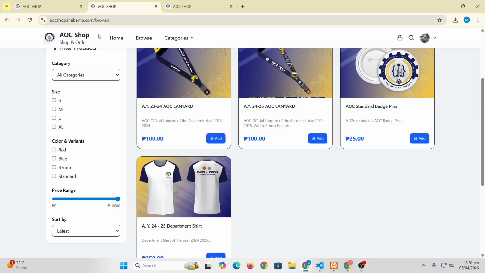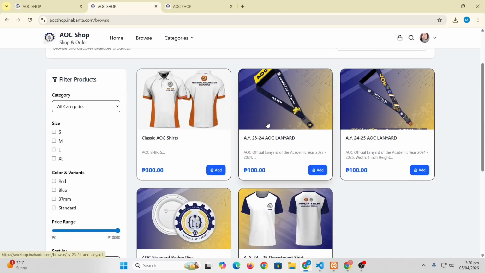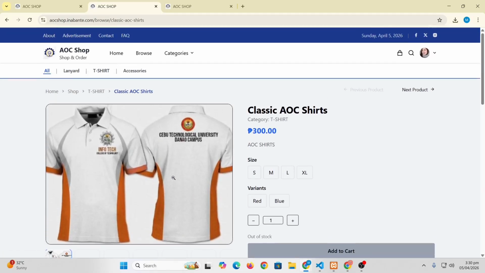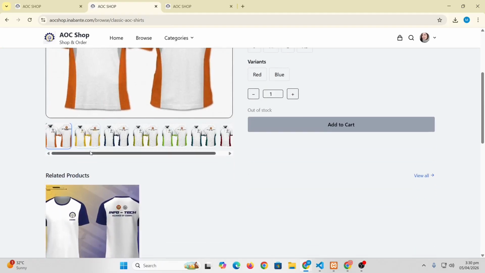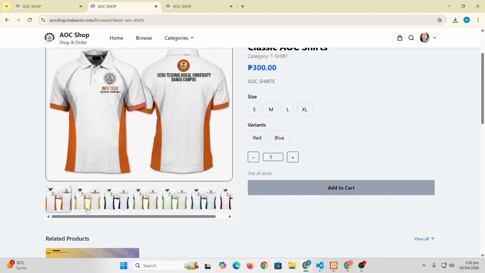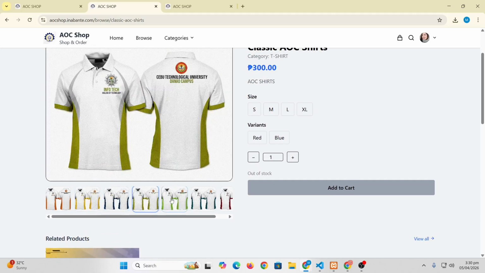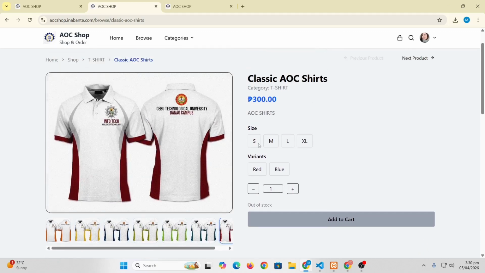Now in our online shop, if we go to browse, we have the classic AOC shirts. If we check that one, you have a scroll bar because our gallery has many pictures. You can change between different colors. If you want a small red, you have 99,999, or medium red, 9,999, large blue.